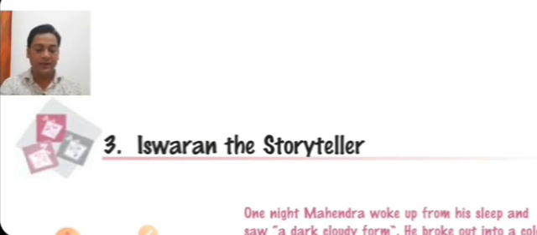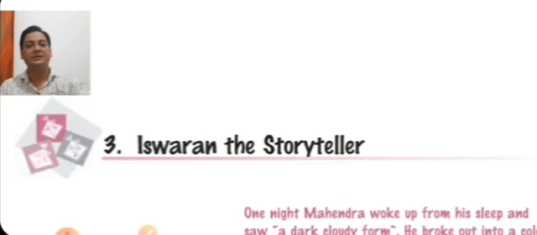Today we are going to start a new chapter of class ninth, from the book Moments. Here in this chapter we are going to cover the third chapter. The title is Iswaran the Storyteller. Before starting the reading and explanation, let me bring your attention to the last word of the title,